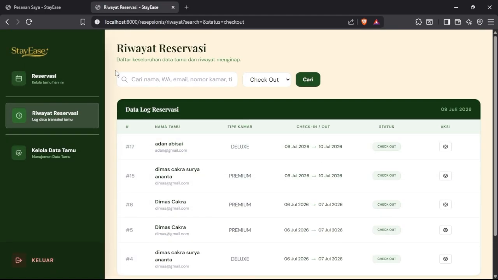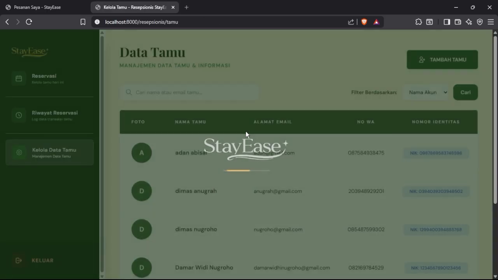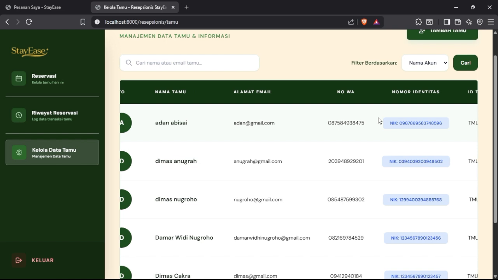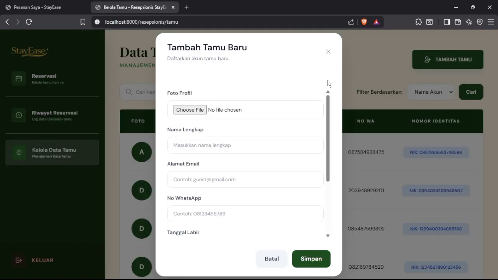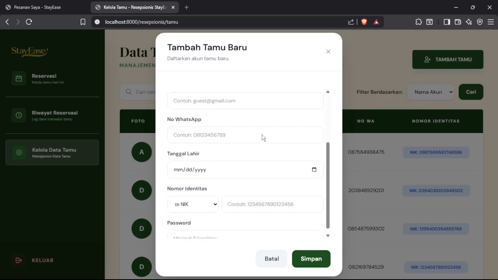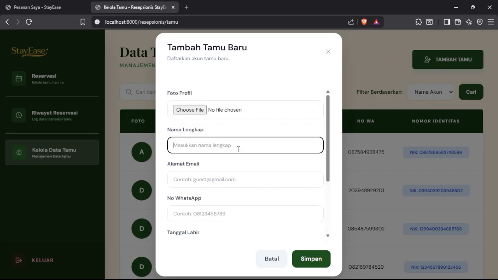And then the receptionist can also manage the guest data and add a guest if needed. Maybe the guest wants to join a membership, then the receptionist can add them by clicking this button, add guest, and then filling in this form.